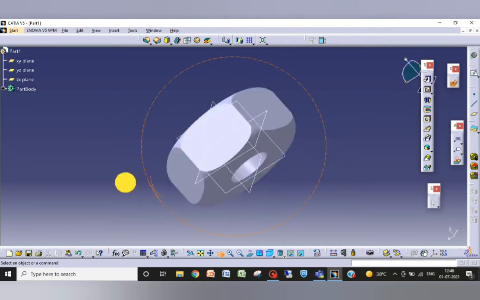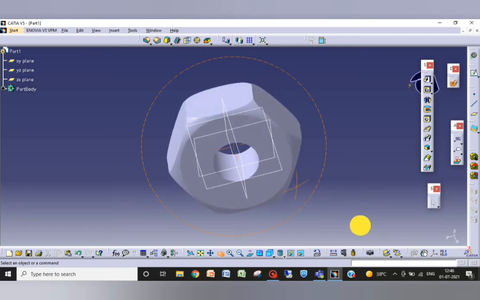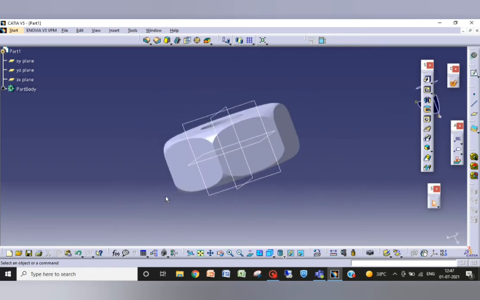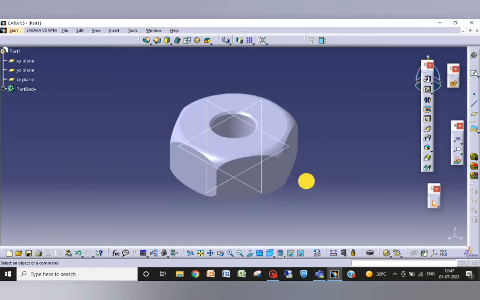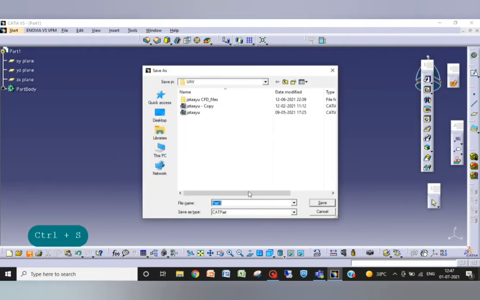This is how a nut is formed. Making it isometric in the view, this is how it is formed. Okay, I'm saving it. Control S, and you can save it as nut.